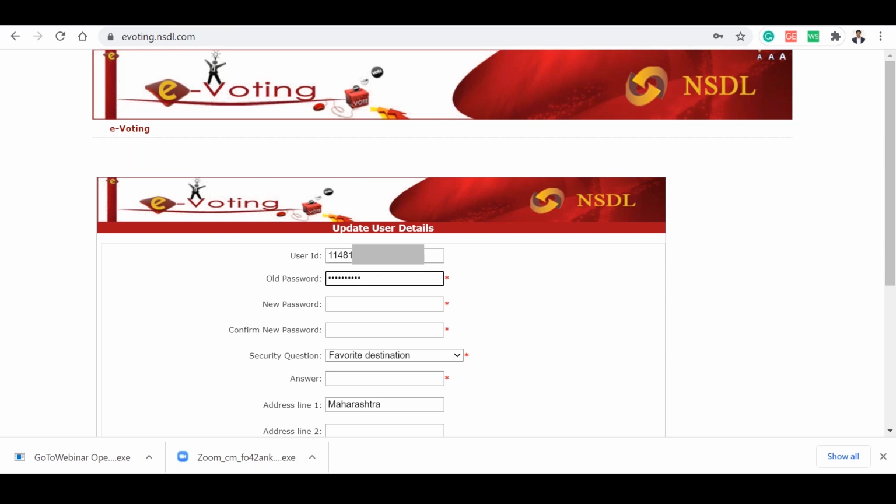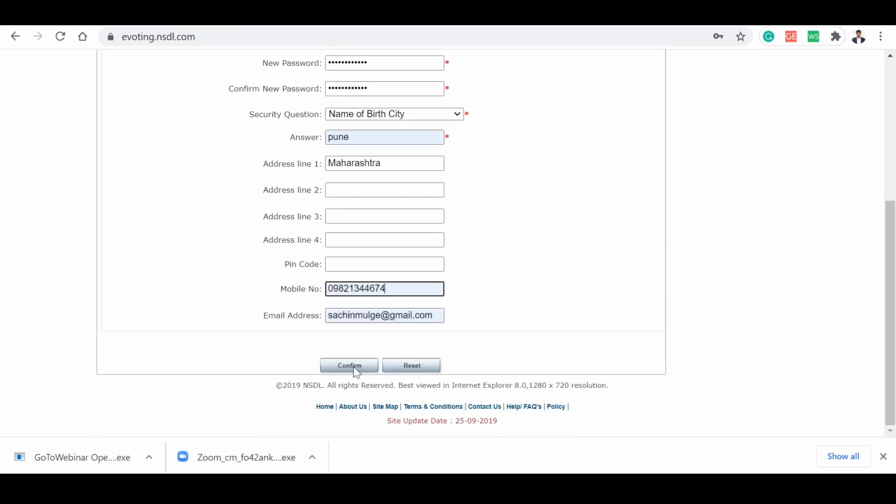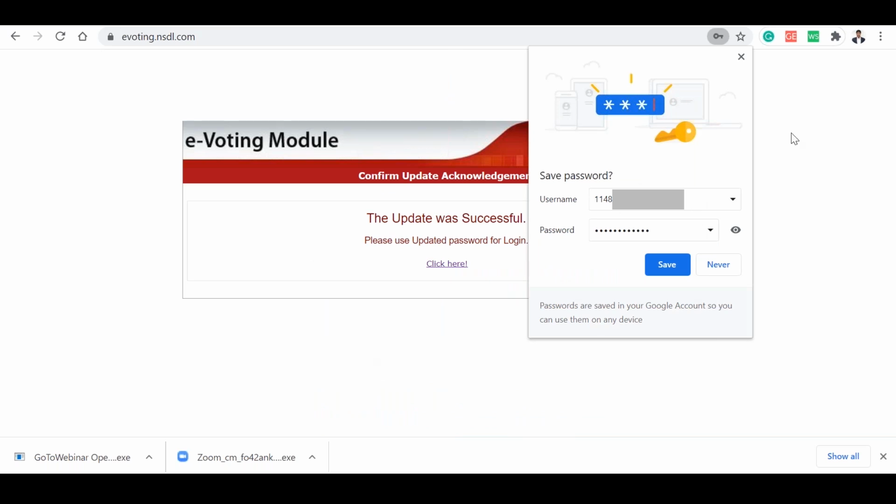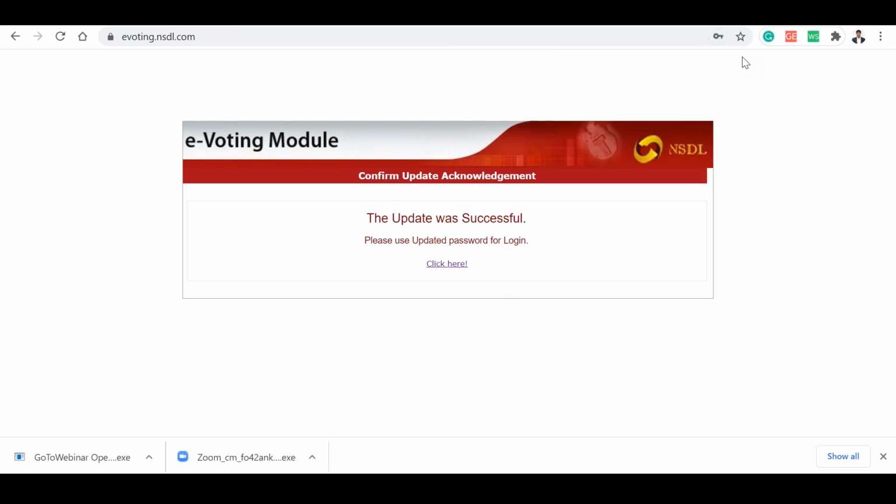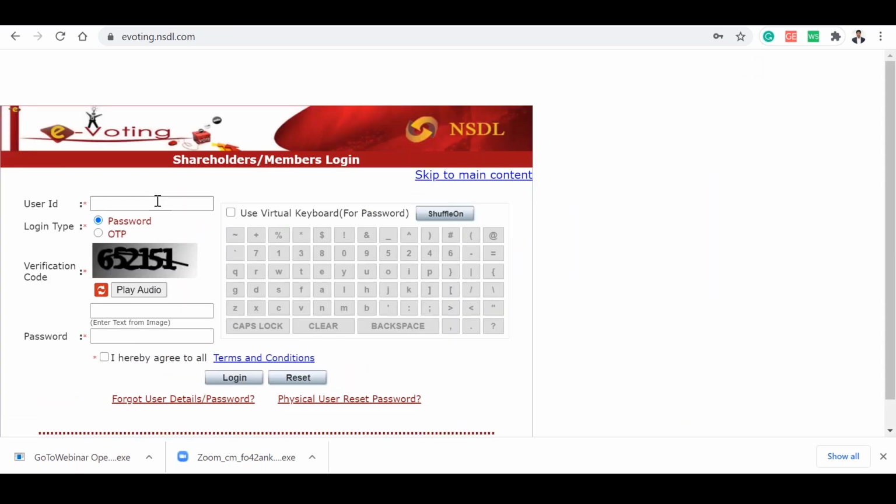Again, the same rules apply: one uppercase, lowercase, special character, numerical number, and the password should contain a minimum of 8 and a maximum of 15 characters. Mail ID and confirm the things. Once it is confirmed, you will receive this window. Update was successful, and again click here to log in. Click here, go to the login.